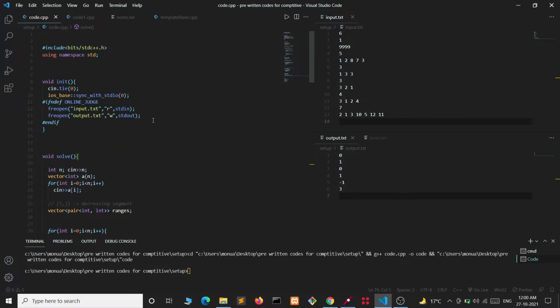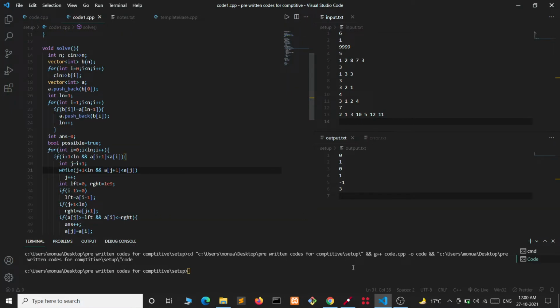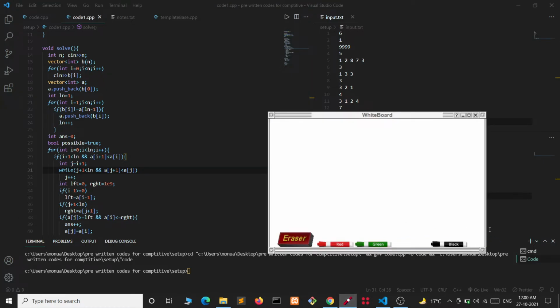Now let's see one more code. It will be taking O(n) complexity only. In that we can notice, if there is an array which is having values like this, then it is decreasing and then increasing.